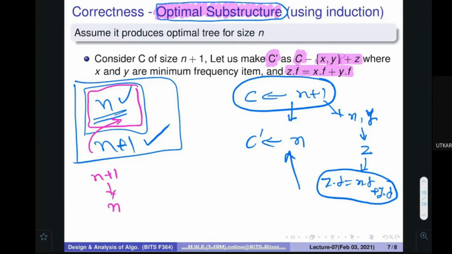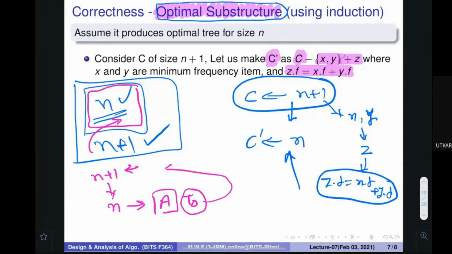And now I know that I have an algorithm. I can apply that algorithm to find the optimal tree. Let's assume that I come up with the optimal tree as T0. But your task was to create the optimal tree for n plus 1 items. So, hold on. I wanted to create this tree for these n plus 1 items, so I would use this tree.